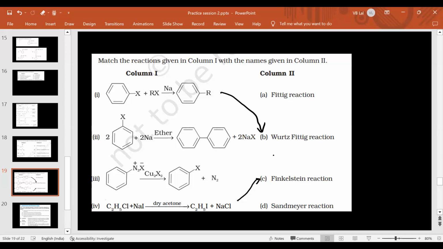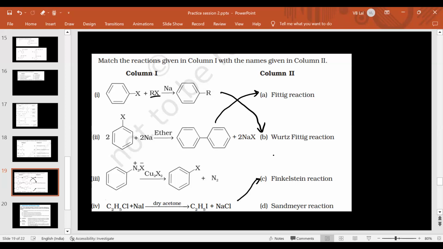Then, what about the second one? Ma'am, is it Fittig reaction? Yes, Fittig reaction. See, there are three reactions which are similar: Woods reaction, Fittig reaction, and Woods-Fittig reaction, right? Here, if two molecules are there, and one molecule is alkyl halide and one is aryl halide, or haloalkane and haloarene,